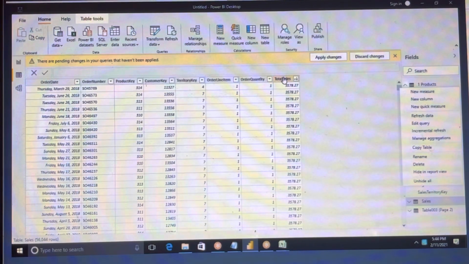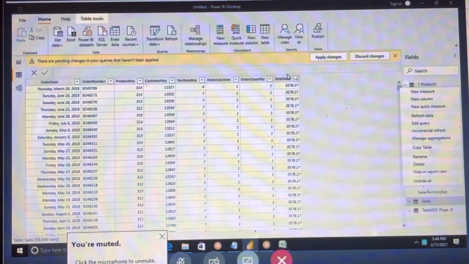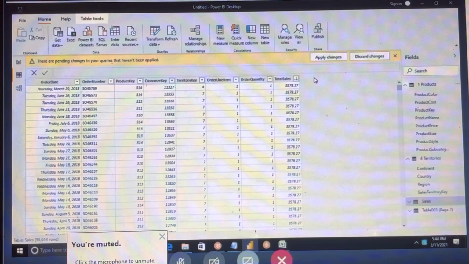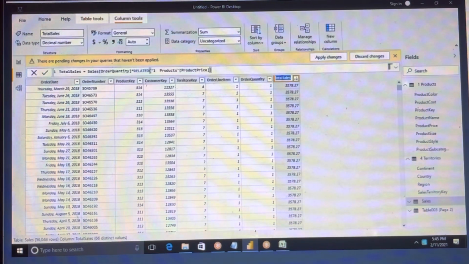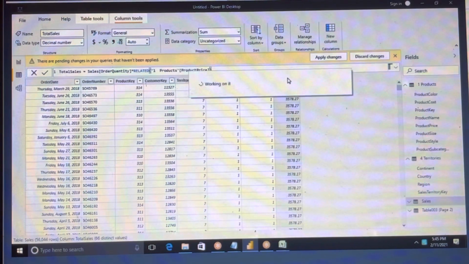For example, just assume that this total sales is one column. I wanted to multiply order quantity and total sales, and we will get some amount. I wanted to get the total sales, grand total. How will we get it? If you wanted to multiply at column level, order quantity into price. Let me rename this one. This column name, let me make it price, for example.